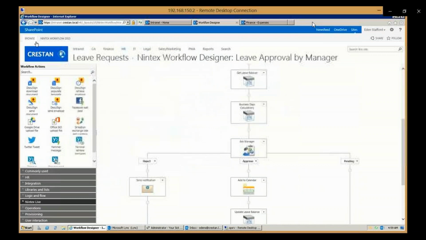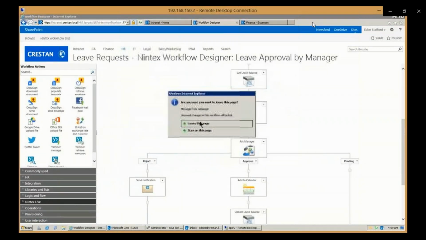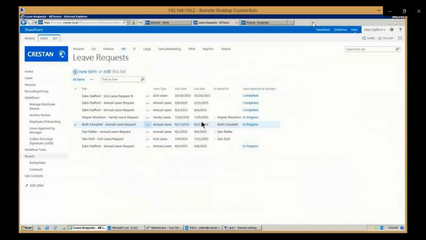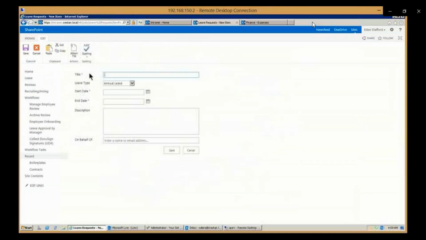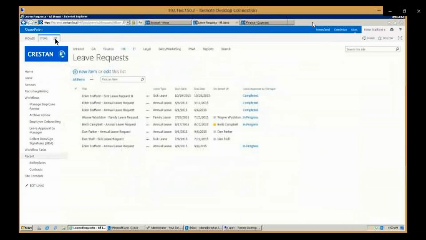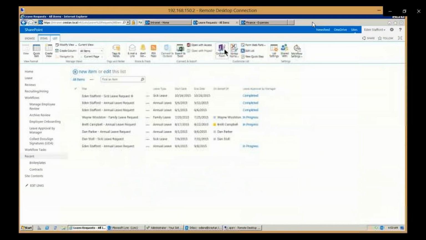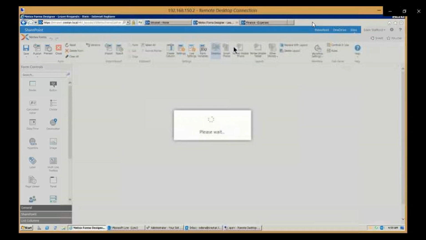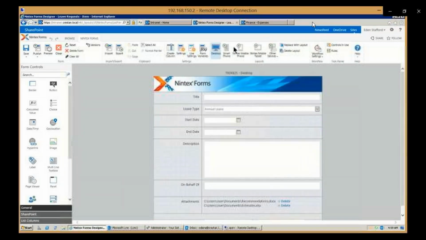The last thing I want to show you is Nintex Forms as well. So we're going to come back to the list, and I'll give you a quick reminder of the form that we saw just a second ago that's right out of the box. Kind of plain vanilla form that's right here. If I cancel out of that and go into the ribbon interface, right beside the InfoPath button, you'll find a Nintex Forms button. And this will automatically create a Nintex form and allow you to come in and configure this form to meet what your organization is trying to do.